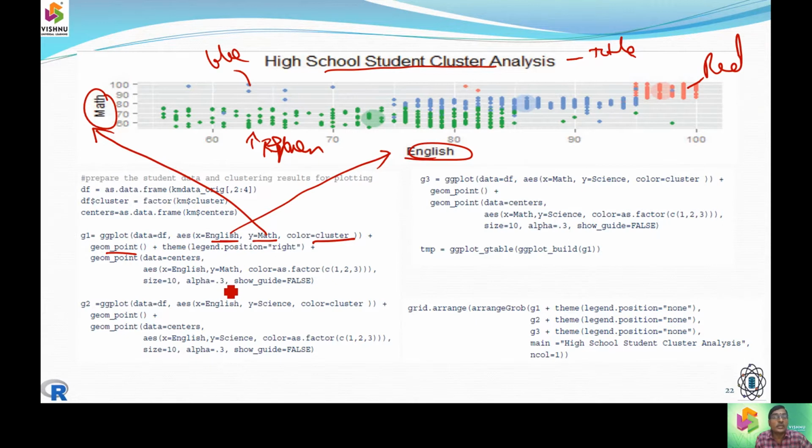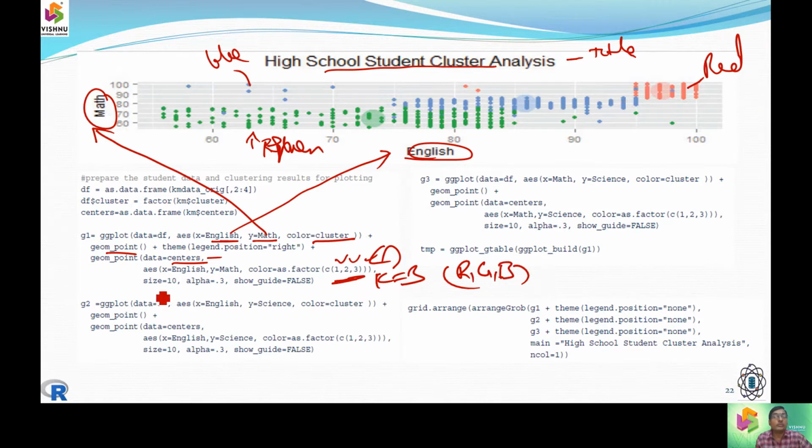We are going to have this, and there we get the data from the centers, and they are going to be factors of 1, 2, and 3. So we get these 3 clusters, right? K is equal to 3. That is the reason why we are going to give the 3 clusters 3 different colors. So one I can call red, the second one blue, and the third one green.